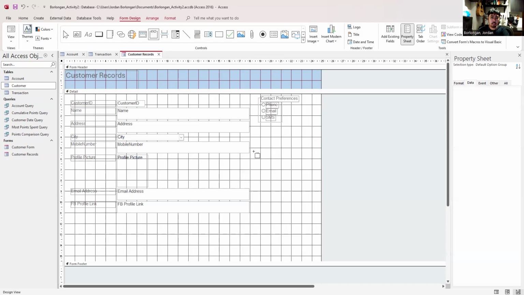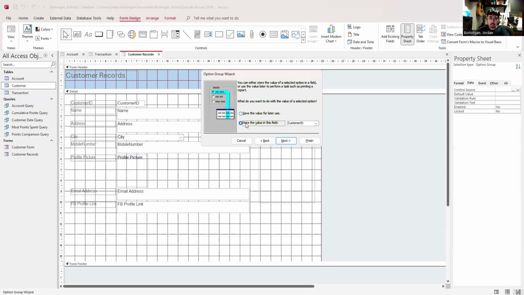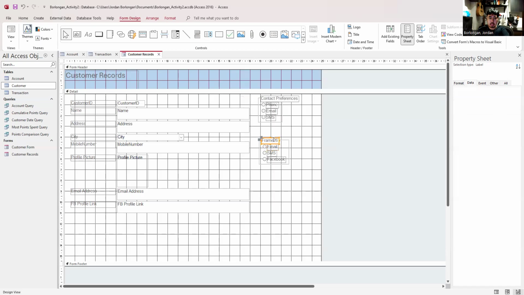Now let's create another one for the other preference, the marketing. So the customer can be marketed through email, SMS, or Facebook. Yeah, so same as before, no default, and here the values, and then I'll store it in the separate preference field I added, and then just the same, rename it.